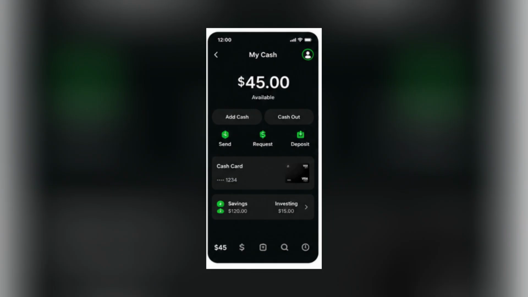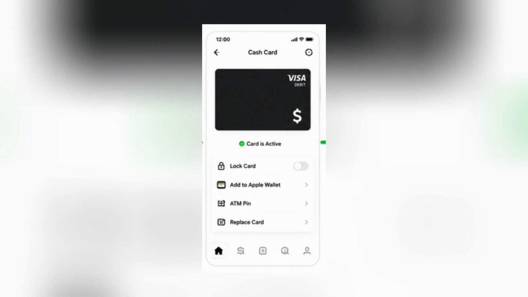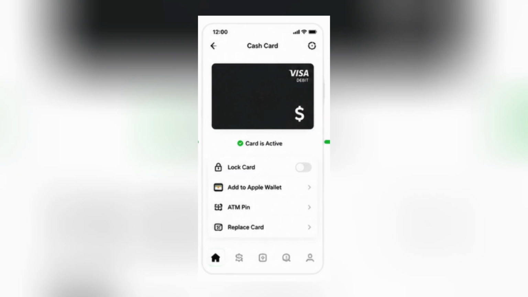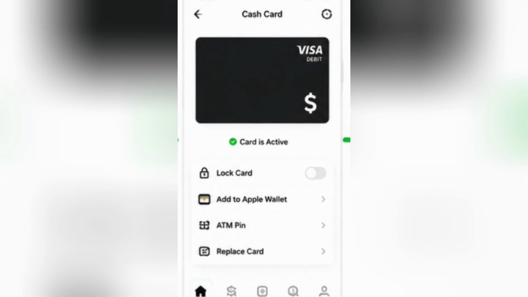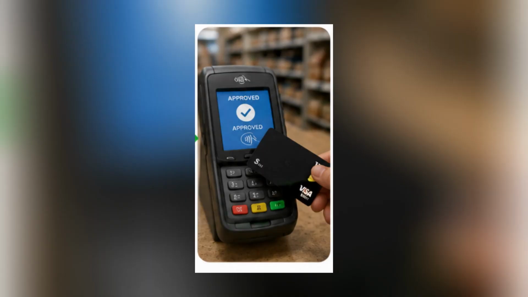The most common way to pay with Cash App at a store is by using your Cash App cash card. First, open Cash App and make sure your cash card is activated and has enough balance available. You can then use the card just like a regular debit card by inserting, swiping, or tapping it at the